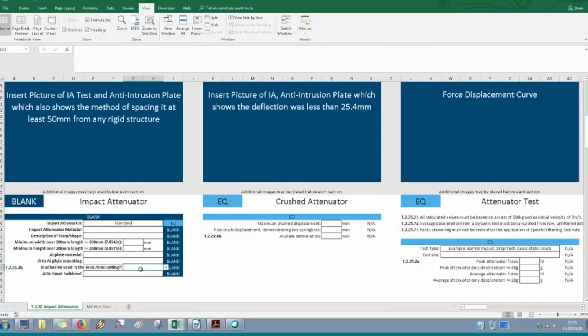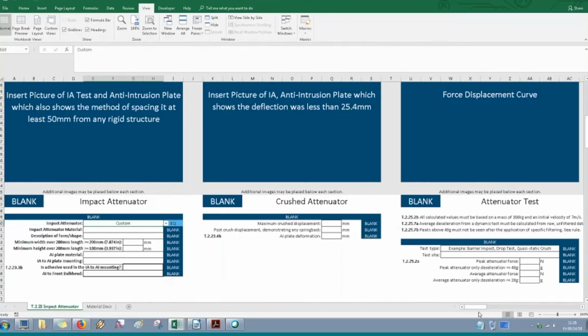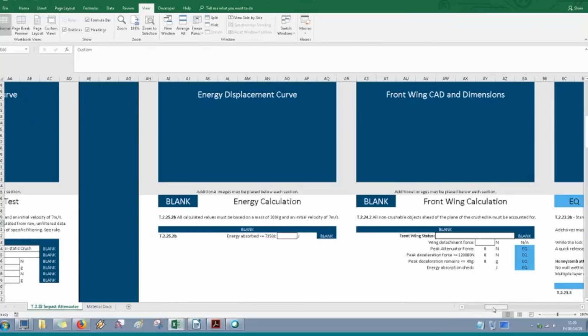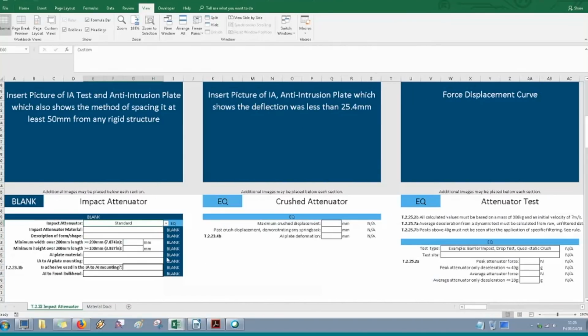You must use glue going forward and not just bolts for the standard accumulator. And if you are using a custom accumulator, that is going to turn on all of the additional requirements for the additional tests. And we'd really like to see an adhesive calculation, even if you're running a standard accumulator. And if you say no, that's going to tell you to reject it. If you say yes,